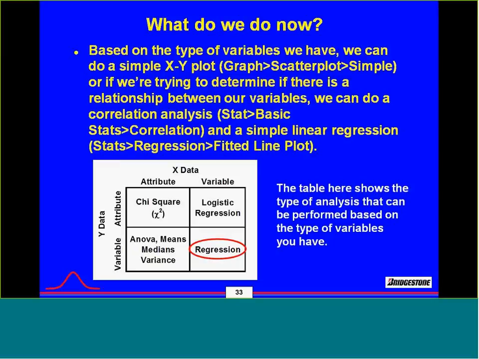Now I've got a couple variables collected at the same time. What I try to do is say, okay, is there a relationship between those two variables? We can do a plot, an XY plot, to see if there is just a basic relationship of variables, and we can do that under graph, scatter plot, and simple. All right, just for a simple scatter plot,